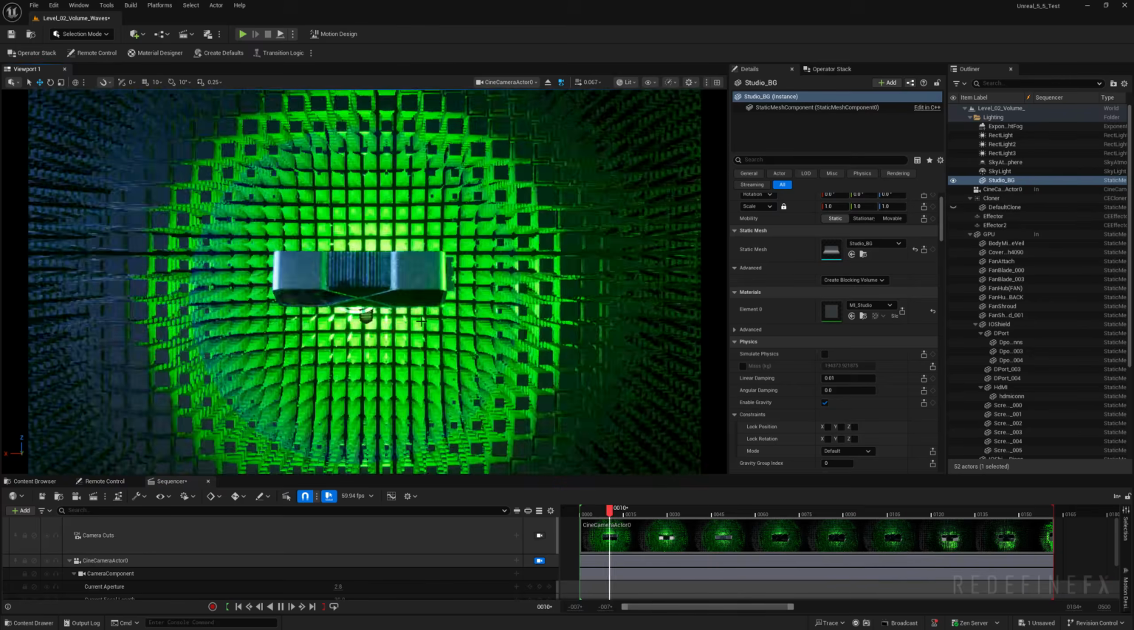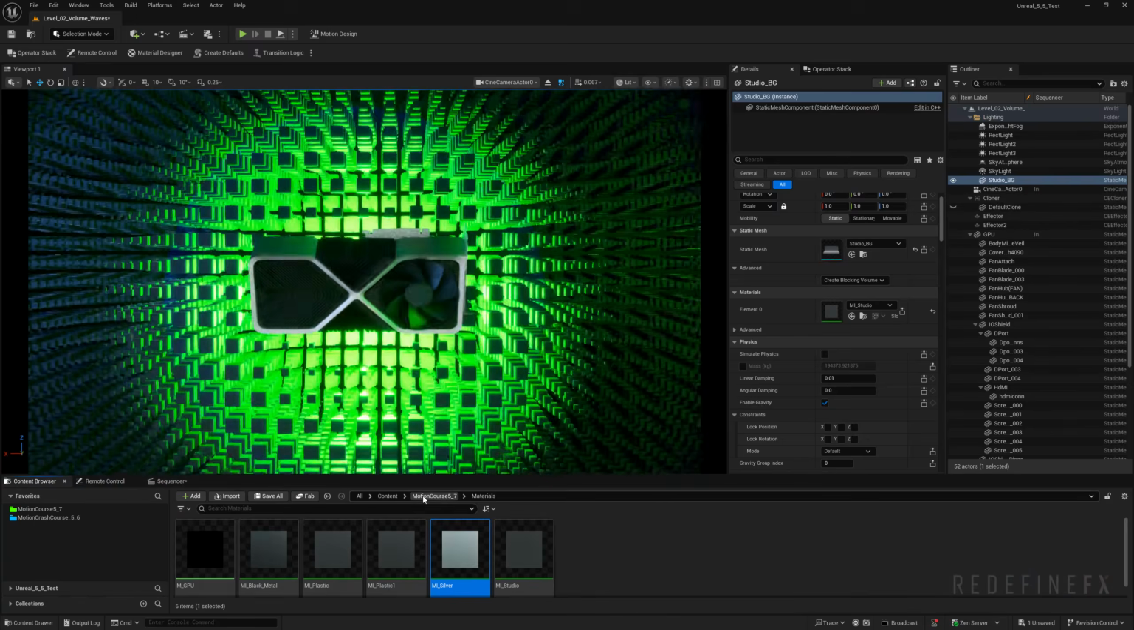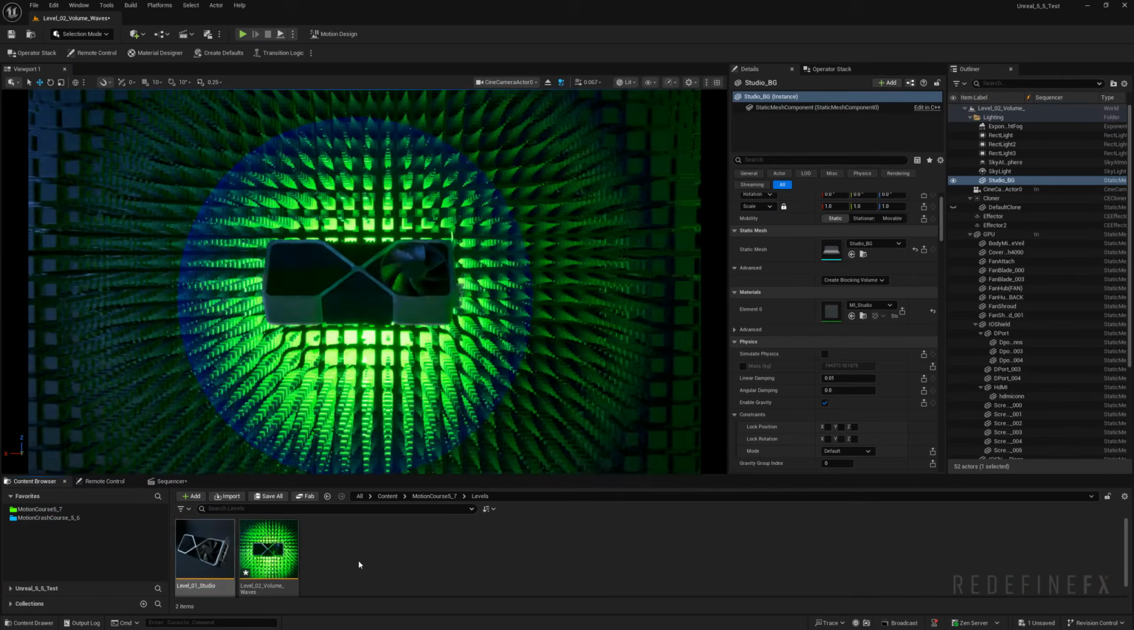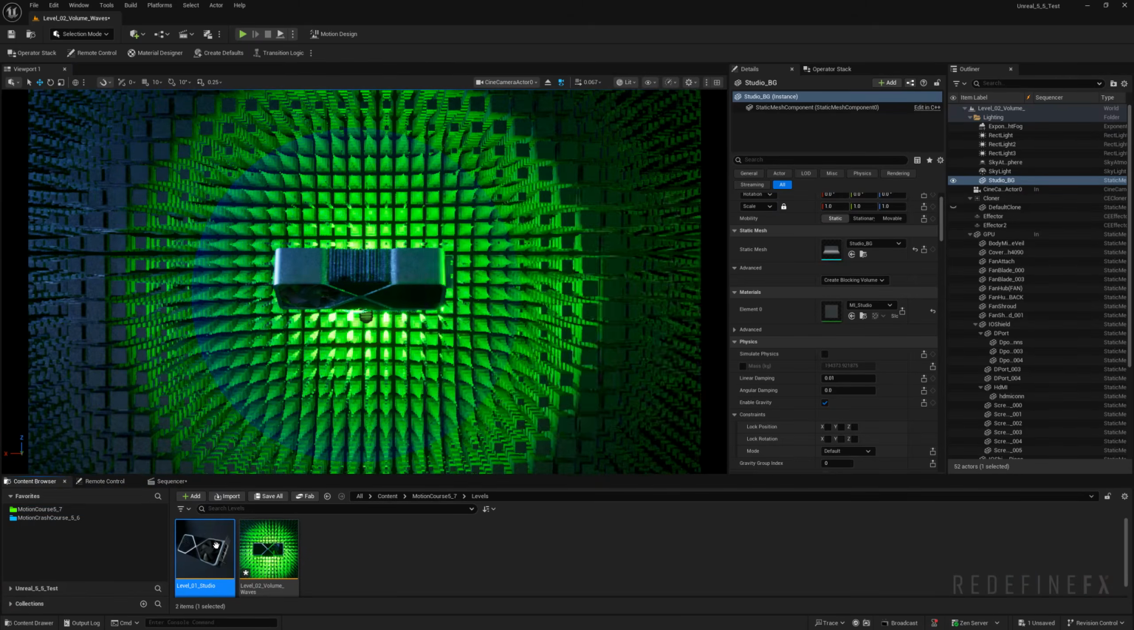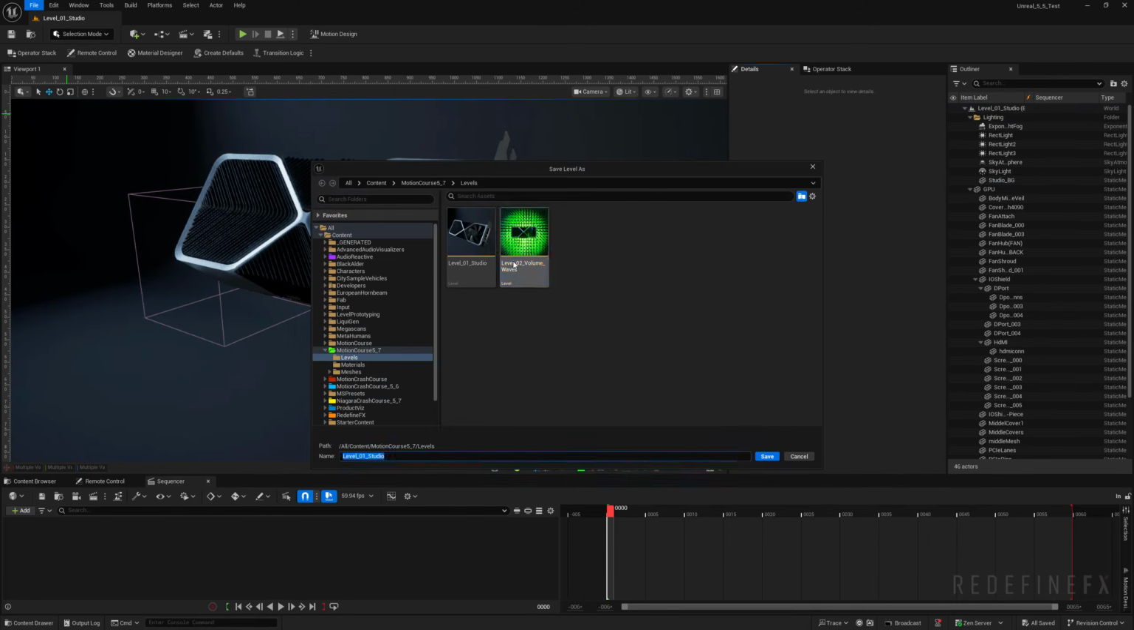Alright, so this is where we ended the previous video, and I want to start with our base scene again. So under levels, I will open our level 01 studio, save everything if it asks. And now I want to go to File, Save Current Level As, and save this one as level 03 underscore